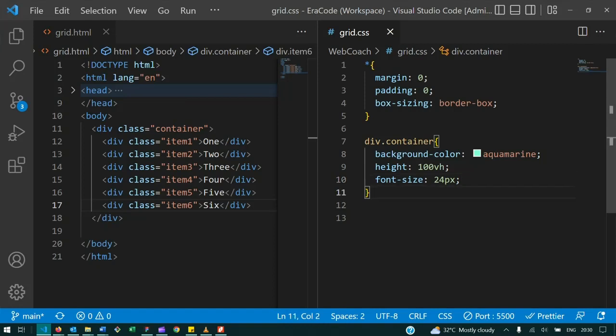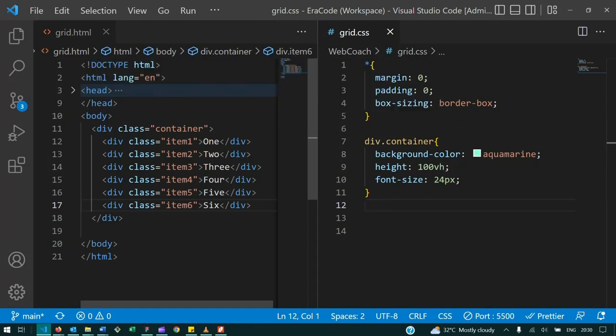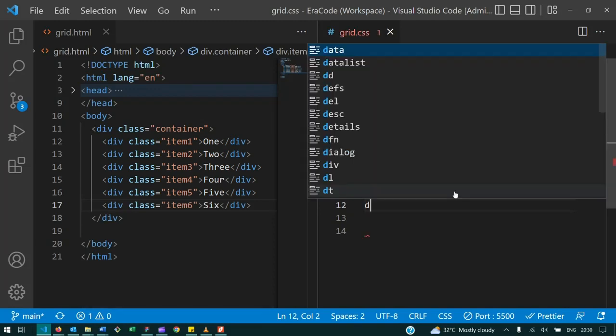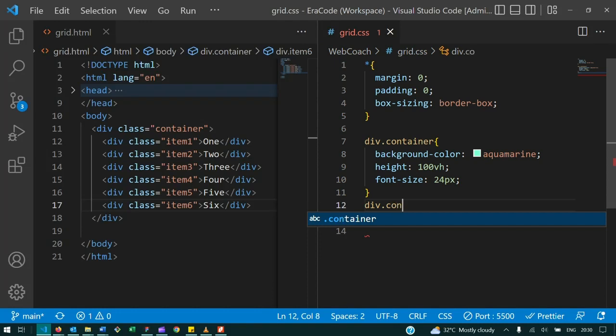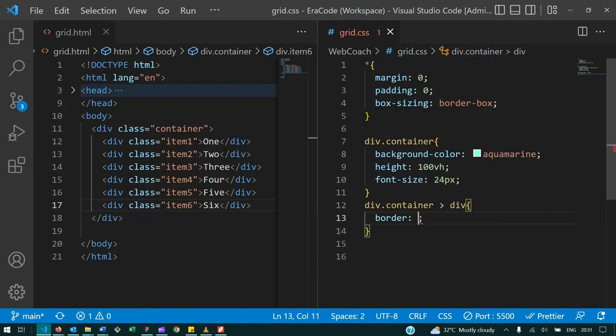Next, let's have our divs get a border. That's the grid items, which are 6 divs inside of the div with a class name of container. Now let's get this straight. This div with the class name of container is the grid container with 6 children, which are grid items. Let's give them the border that sets them apart. So this selector says all the divs inside of the div with the class name of container. Let's give them a border of 2 pixels,